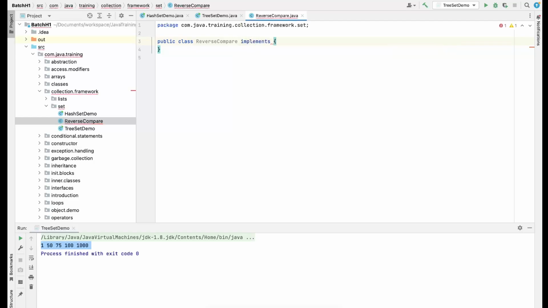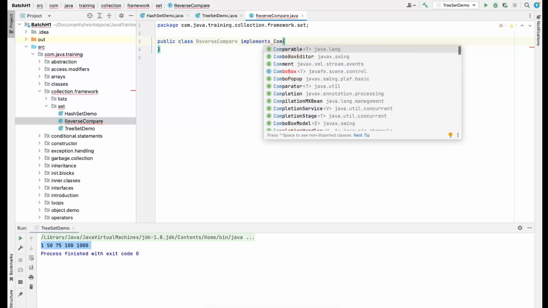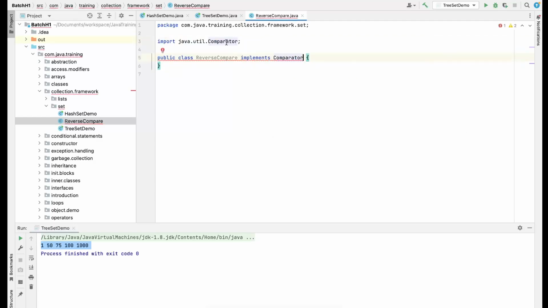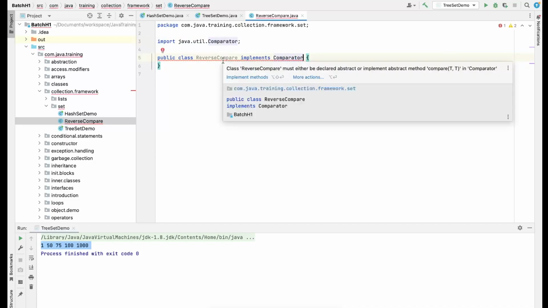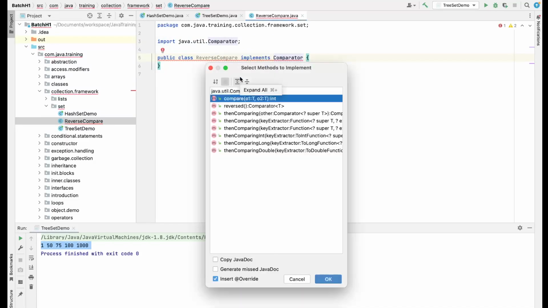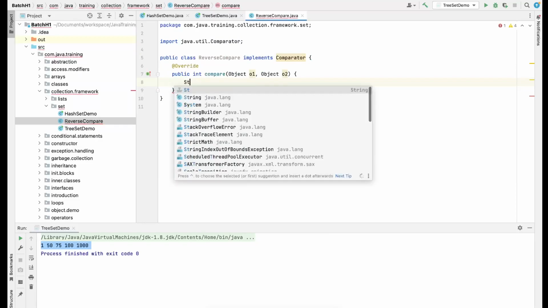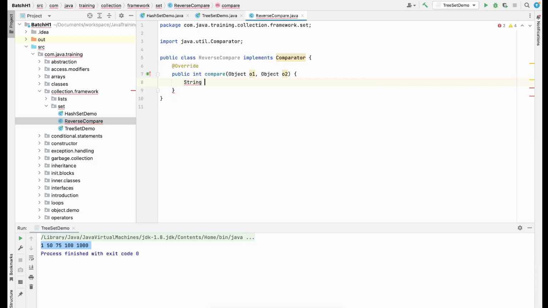So there is something called the comparator interface, and if you implement that comparator interface, you will have to basically implement this interface. So when you do something like this, what you can do is, let's say I want to use something like